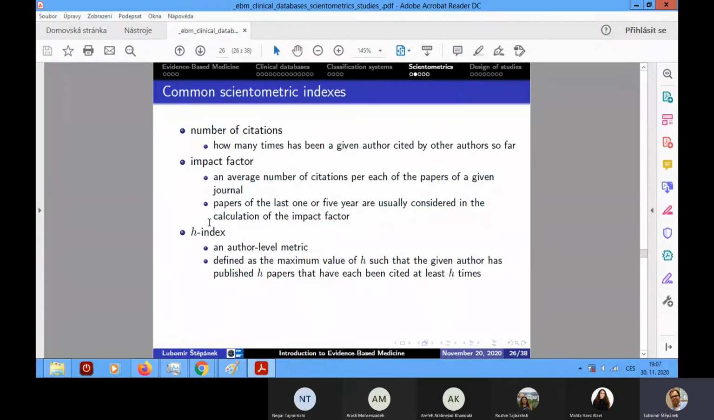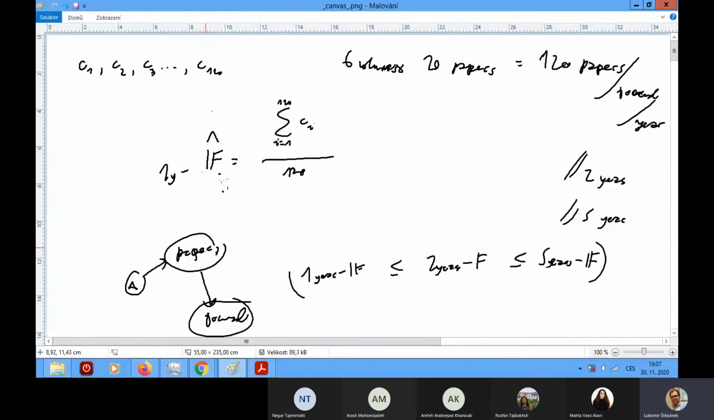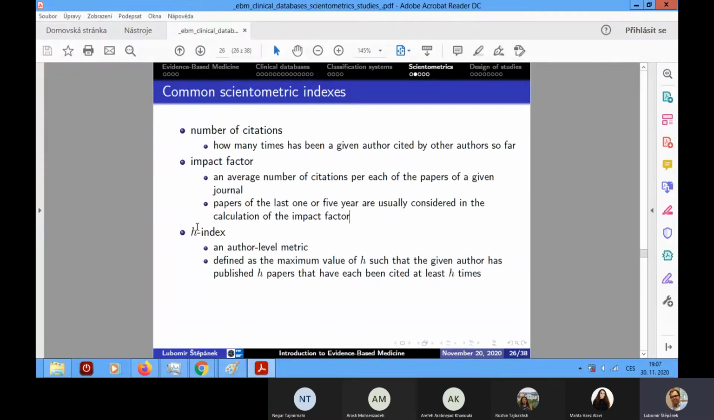An H index, because we have, for example, 3 agents. We have an author who makes some papers, and papers are in journals. So we have these 3 pillars. Papers are simply measured by numbers of citations. Journals are usually in scientometry measured, or just compared, by impact factors, and authors are compared by H index,